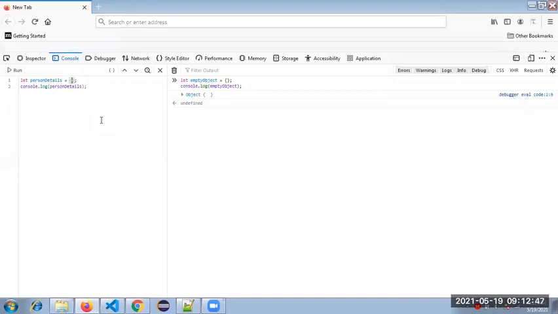Now with a real-time reading perspective example, it's like a key value pair. The key is name, and the value is Suresh. So here key is name, value is Suresh. Put a comma here. Then age is the key here, and the value is 30. The syntax is very, very important: the key, then a colon, and then the value 30.